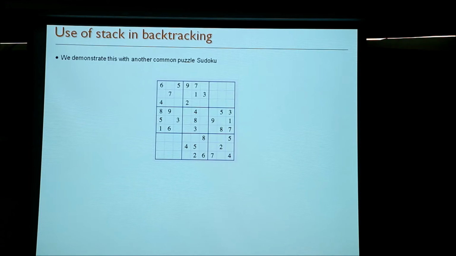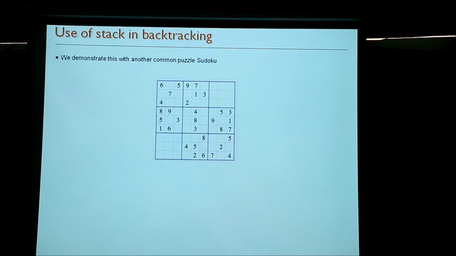Since we are checking that each of 1 to n should occur just once in every row or every column, how will we check that? You already have some values filled, and there will be some values which you fill while proceeding with the algorithm. Whenever you try to fill a new empty cell, you check which values are already filled, and then you check whether that leads to a conflict.